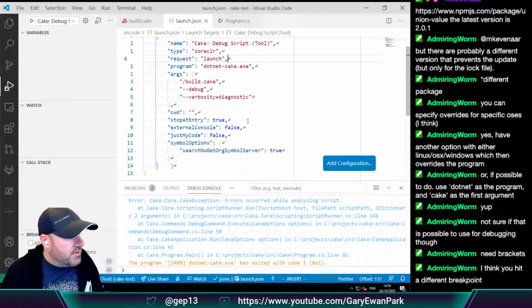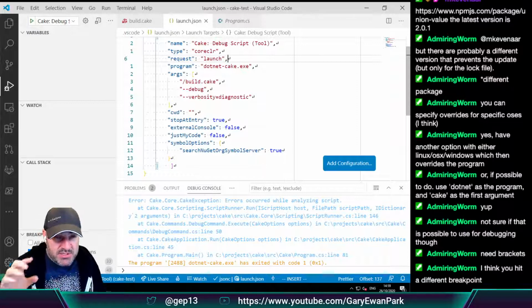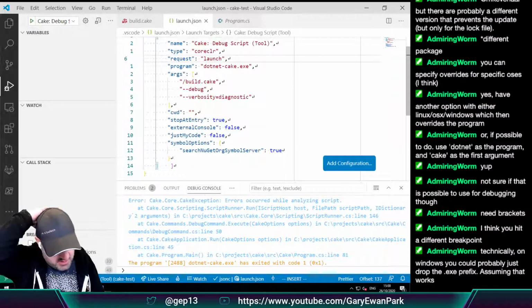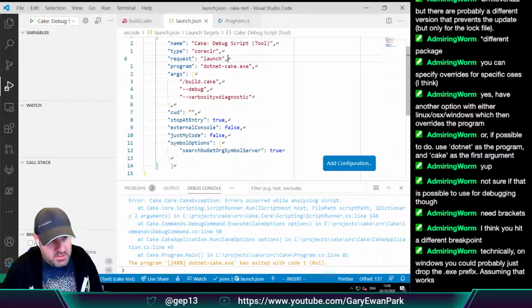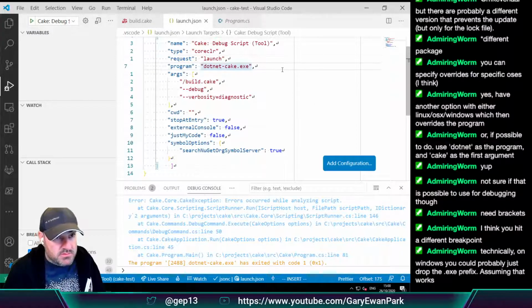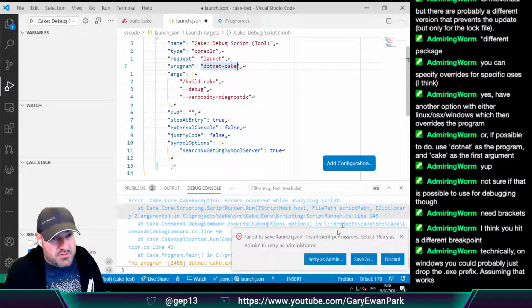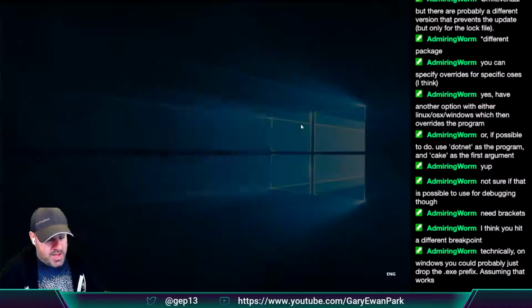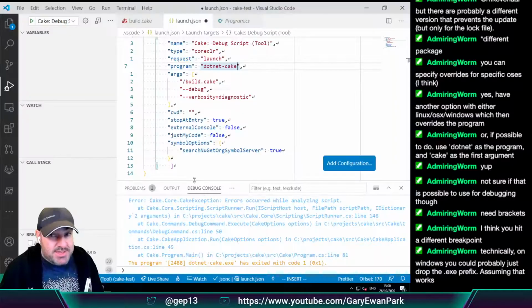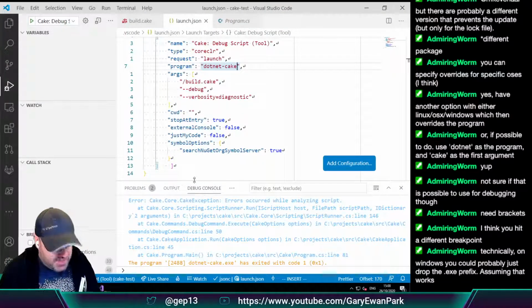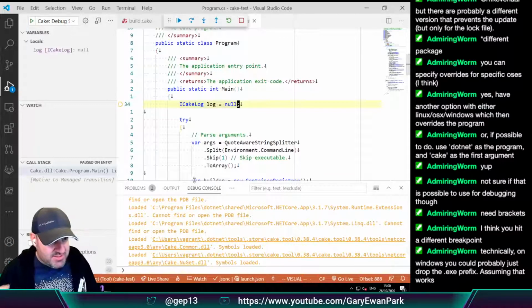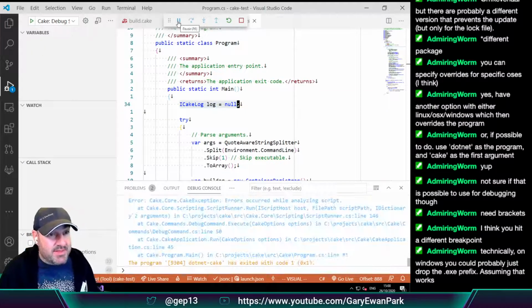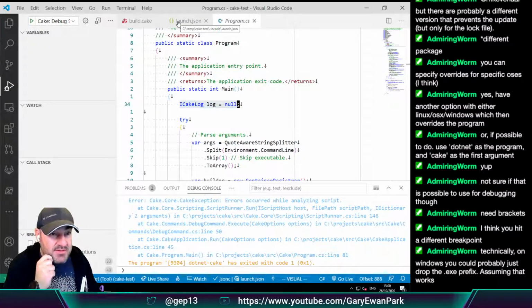I need to finish up just now though. So I'm going to say we didn't get as much done. Technically on Windows, you could probably just drop the EXE suffix. Let's try it. And we'll do a quick recap. The quick recap would be, didn't get quite as much done as I would have hoped tonight, but we did do a bunch of PRs. Nils educated me on some TypeScript stuff. That does seem to work. I'm not sure how I feel about that, but